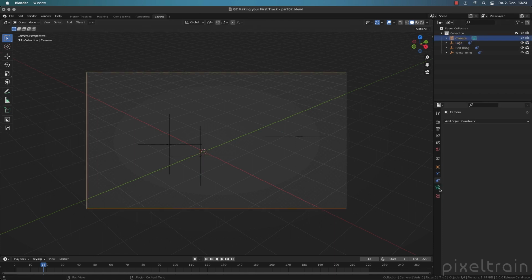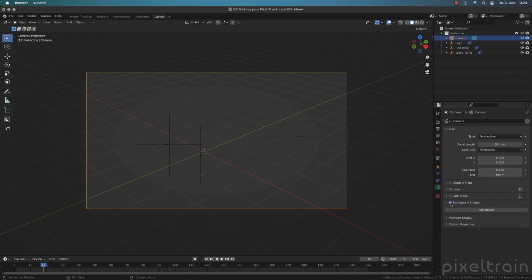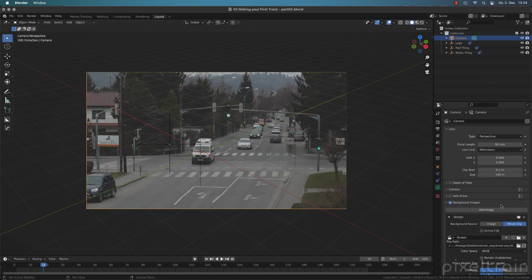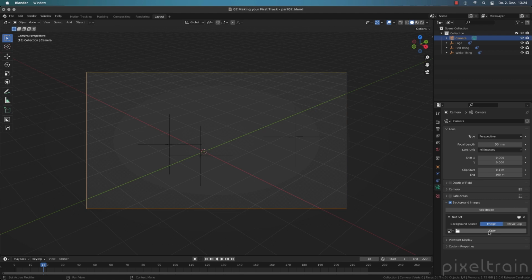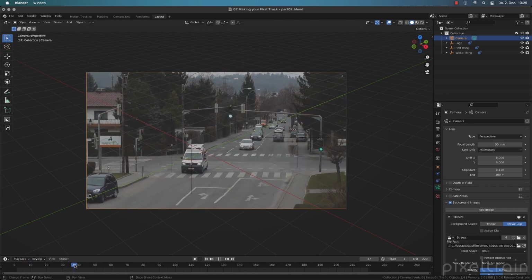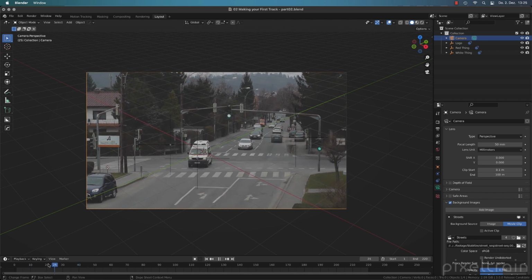Take the camera and we go into the camera settings, here to background images. I activate now a background image, and with this technique I normally can make a camera background image. We can go here to the movie clip and say take this streets movie clip here, and now we see it in the background. Like I've said, we also can go here to image and load a new image sequence, and if it's exactly the right one, because you have adjusted your colors for the movie clip and the contrast, you remember we talked about that in a lesson before, then you can read now the original plate. But we use at the moment the movie clip, which is in streets. And now you can see that the positions here are really the positions where these trackers were,